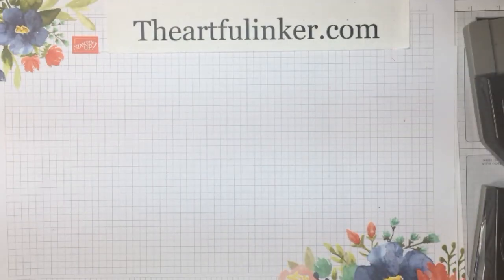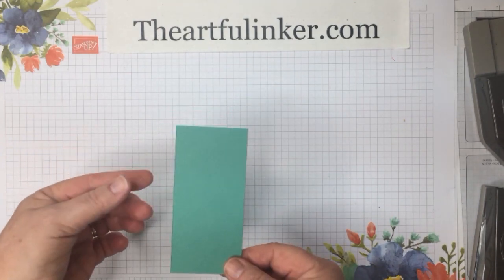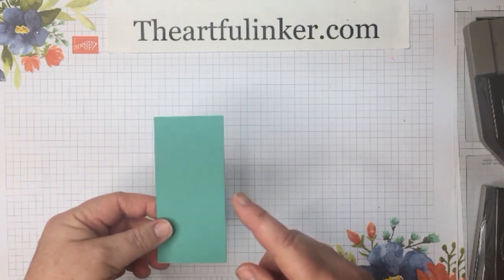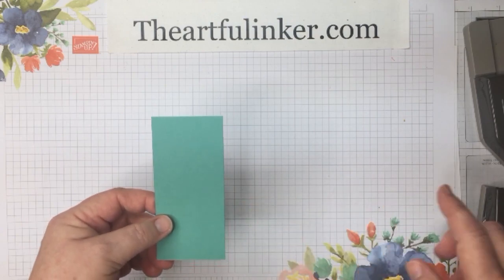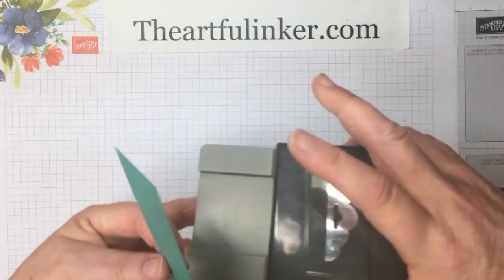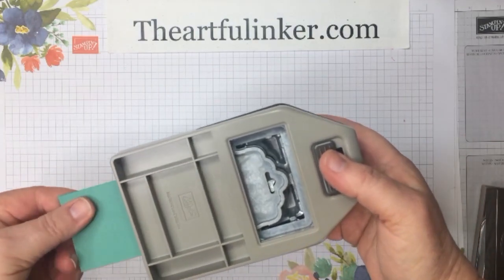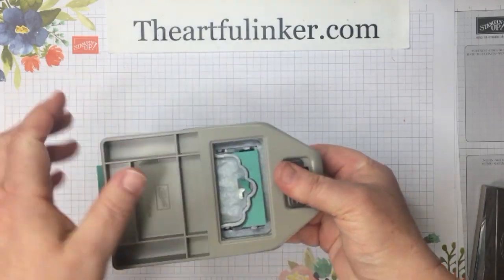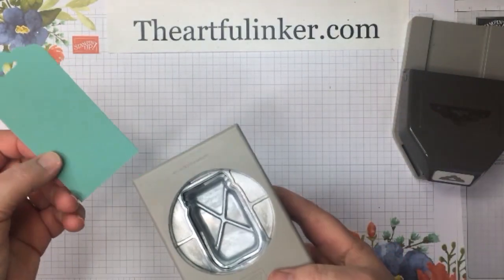To make this RAK or favor, you're going to need 2 pieces of Just Jade, 2 by 4 1/4. Just Jade is one of the new Stampin' Up! In Colors. And you're going to take your scallop tag topper punch and punch both pieces at the top. And then use the new jar punch